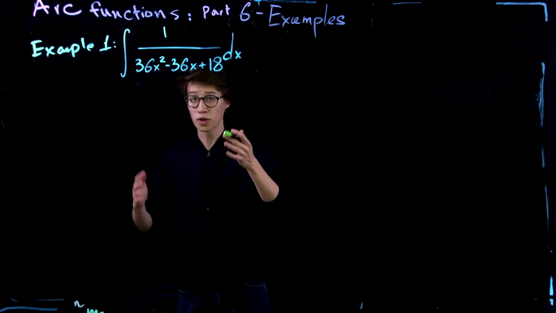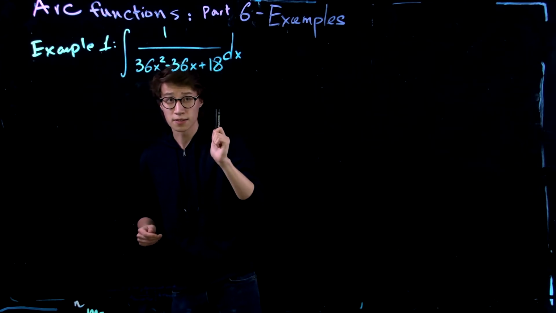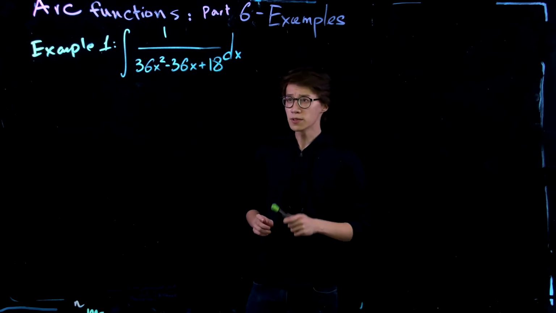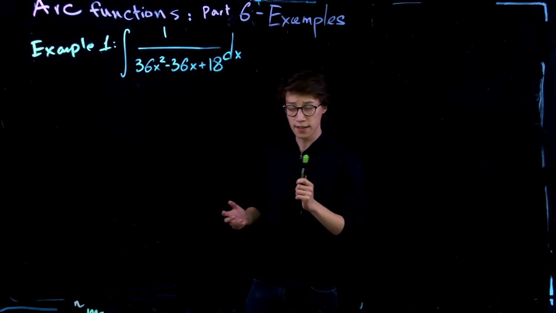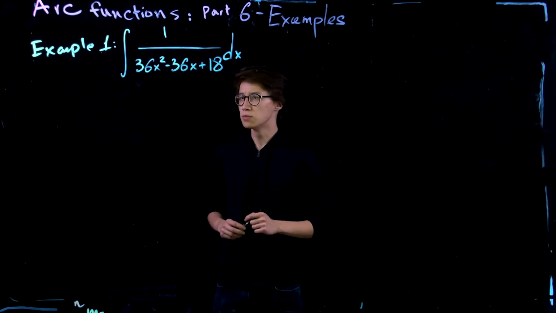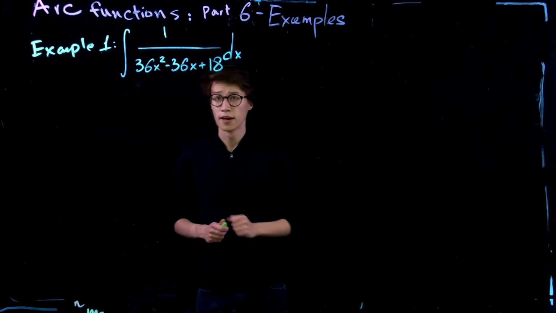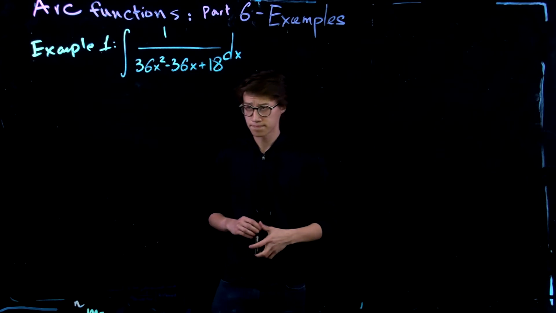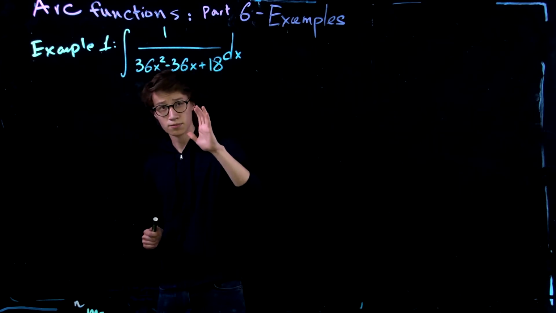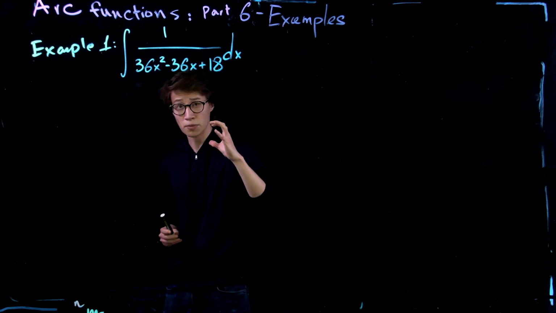Right now in front of us we have this example of an integral of 1 over 36x squared minus 36x plus 18. And notice that this integral doesn't really factor with real numbers. Whenever this is the case, one of the best methods we can apply to evaluate this integral is using an arctan substitution. So let's see, the first step that we want to do here is simplify the polynomial itself,